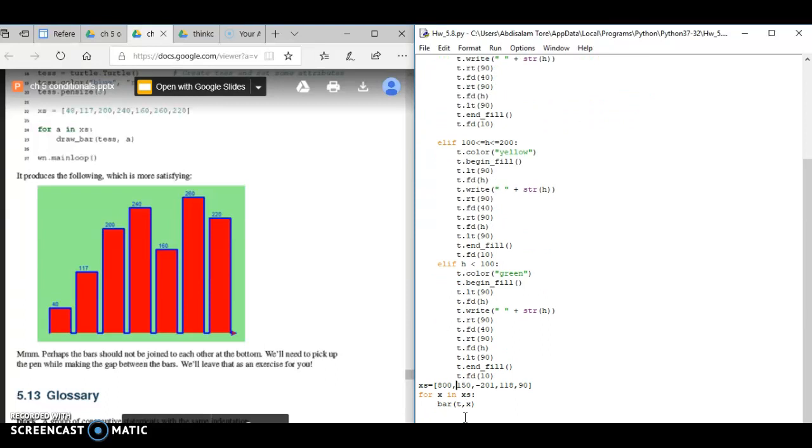Here are my values: 800, 150, a negative number 201, 118, 90, and I used a for loop. I said for x in xs, bar(T, x). This x here is meant to represent all of this here and the height. When I run this,